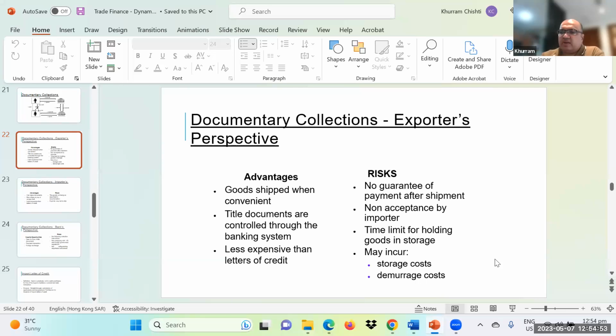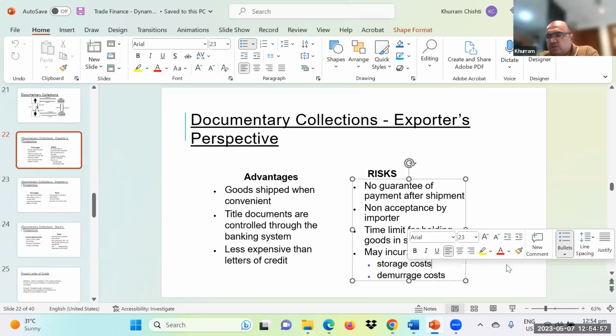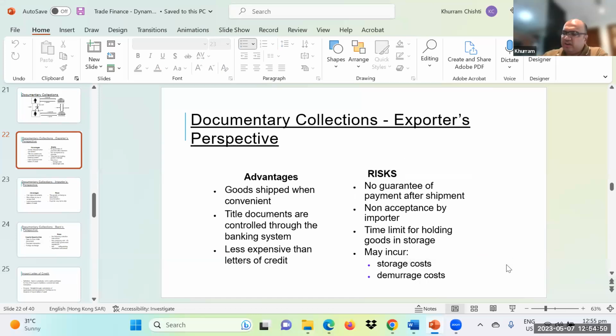So there's a time holding as well, and may incur storage, and because of this may incur demurrage cost or storage cost. The goods have arrived. If you don't release them before a certain time, they'll give you a free, I think 7 to 10 days, the port gives you some storage, and after that they start charging. So that's why it gets charged. So then the importer can say, exporter, you pay, why should I pay? Or they can negotiate, but it will be a cost to both of them. Now,